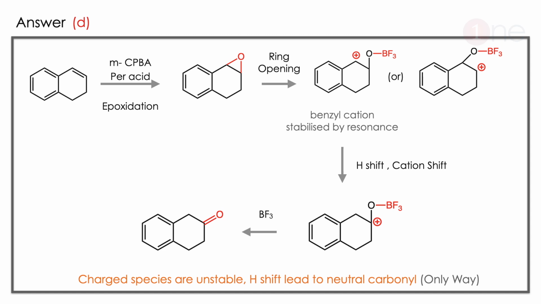Then it has to be stabilized, right? How should it be stabilized? The only possibility is that hydrogen has to be shifted and the cation has to be shifted also. So the hydrogen shifted, and the cation again comes to the carbon bearing oxygen. So the positive charge is on the CO, so the CO becomes C double bond O, a carbonyl. Here the driving force for carbonyl formation is mere stability, because there is no other way the carbocation can be quenched, only possible by hydride shift.